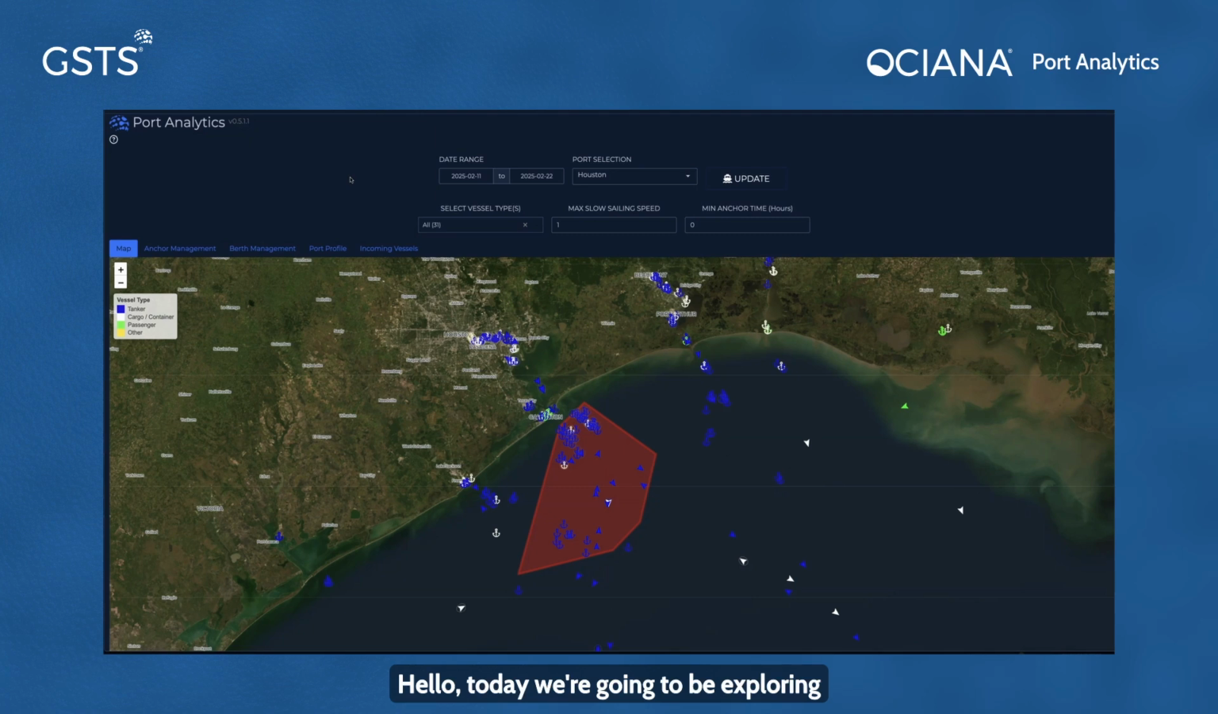Hello. Today we're going to be exploring the Port Analytics Dashboard. When a user enters this dashboard, they will be prompted to select a date range and an individual port. When they click the Update button, they'll be zoomed into the port, and here we can see all of the